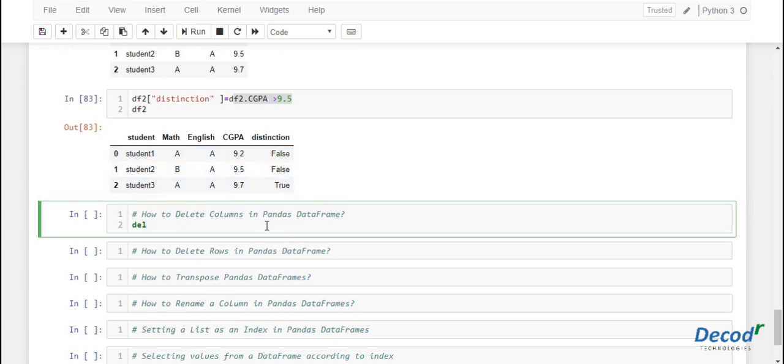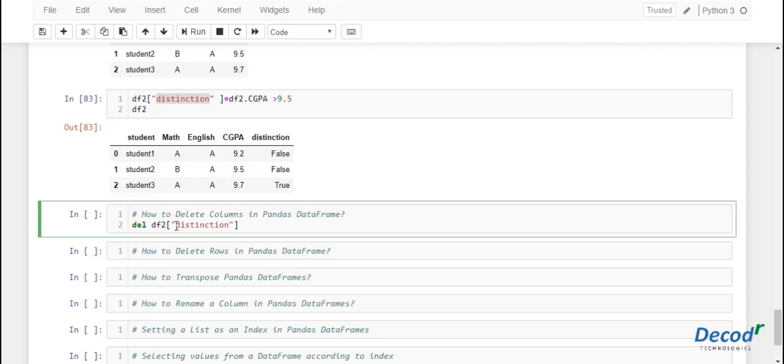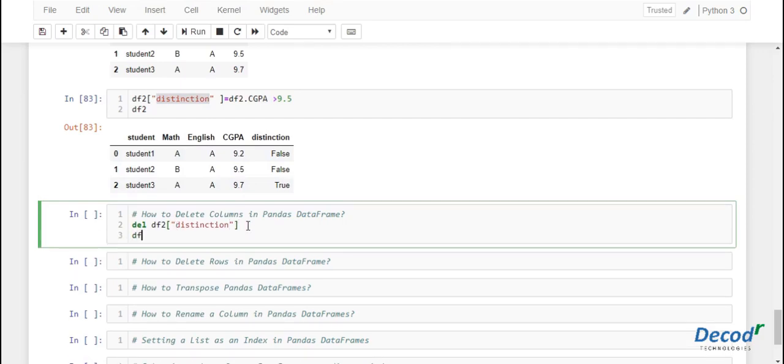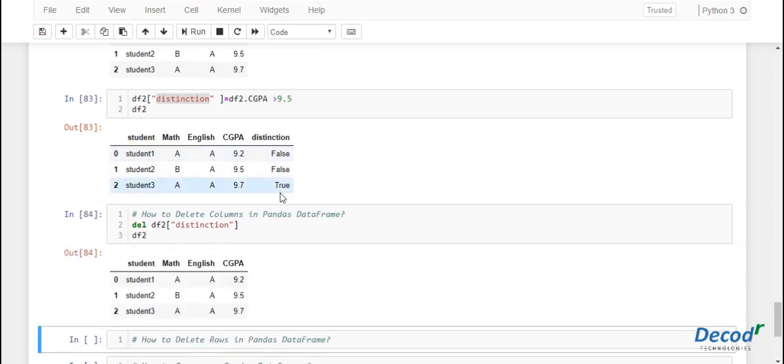You should just type del df2 of that particular column. Let's say distinction. We can just copy paste distinction, and you can observe df2. The last column has been deleted from the data frame.